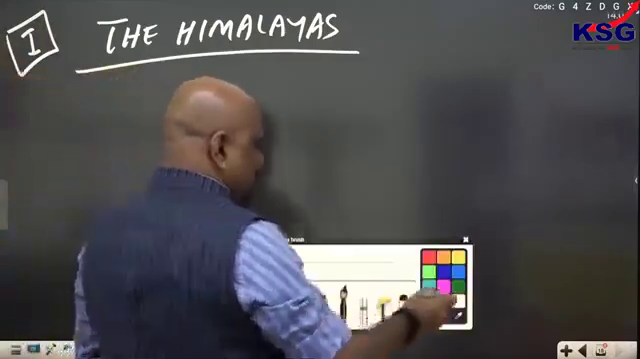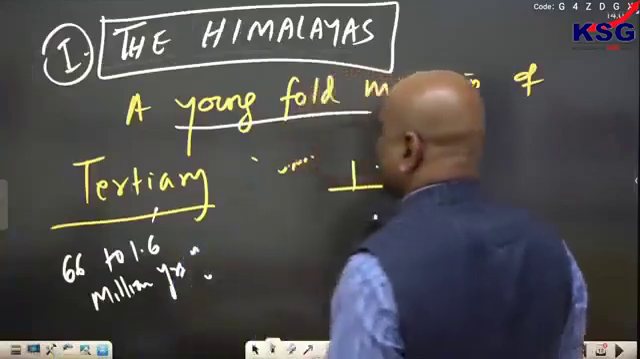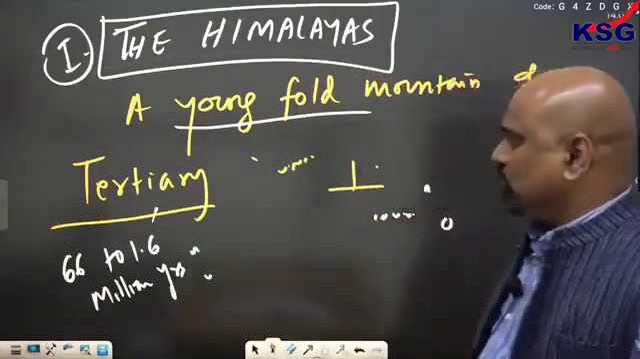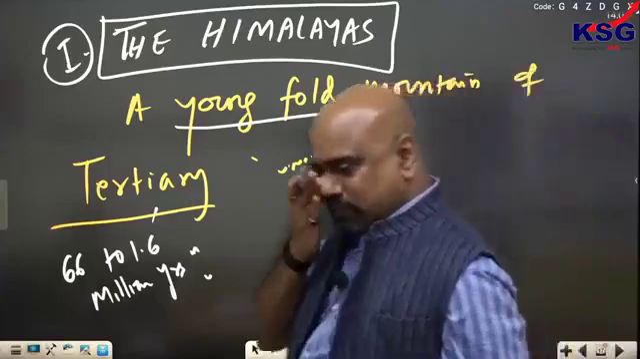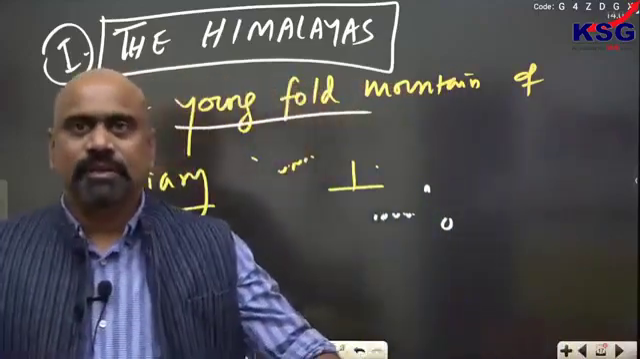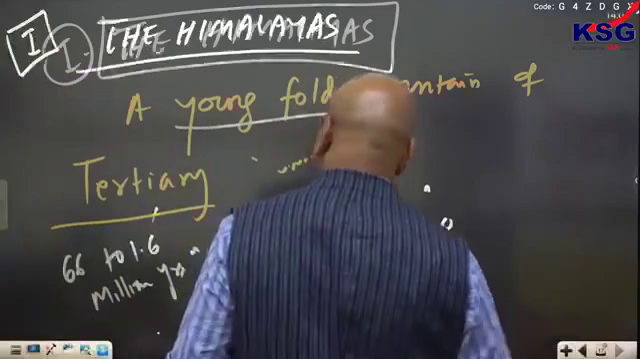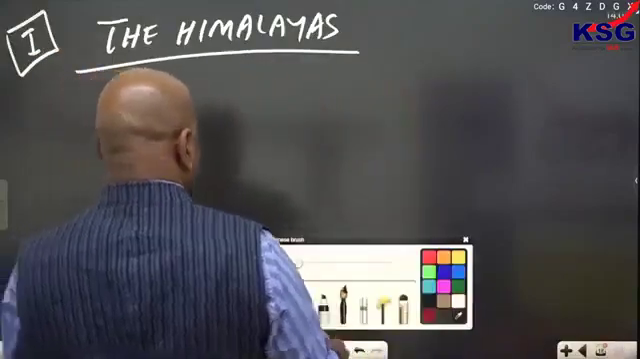I said about this particular region that it is a young fold mountain of tertiary orogeny. I told you, it was formed in the tertiary period. Himalaya is formed in the tertiary period. Again, if I continue with this,